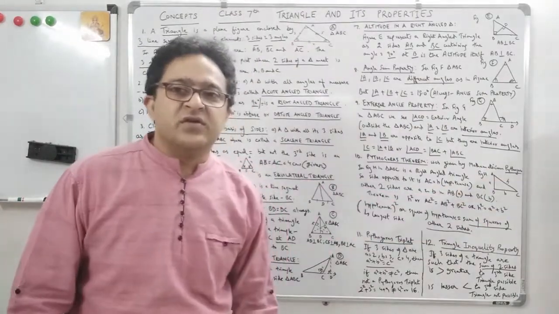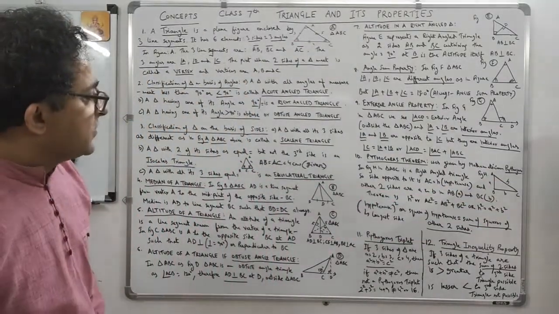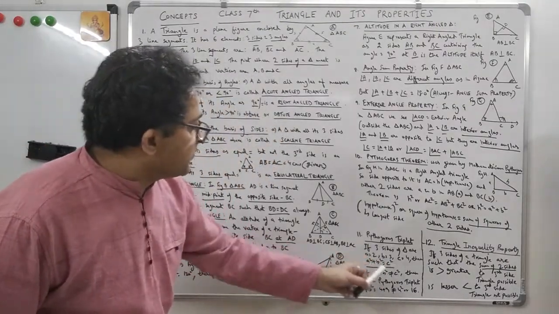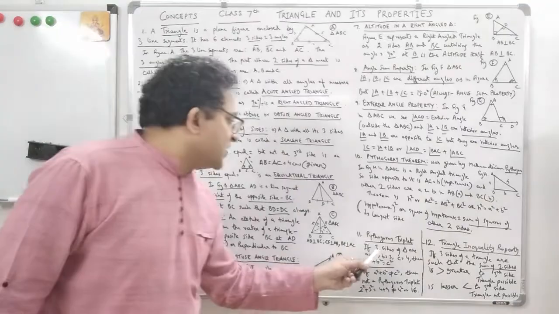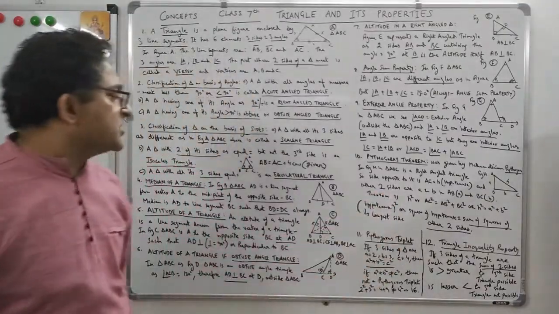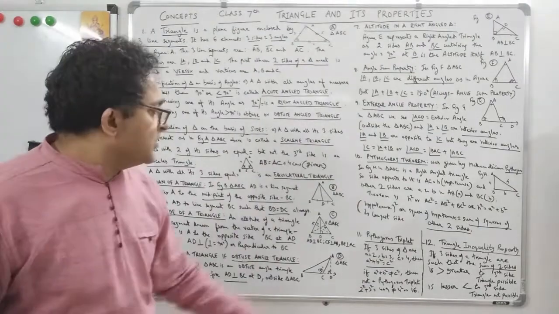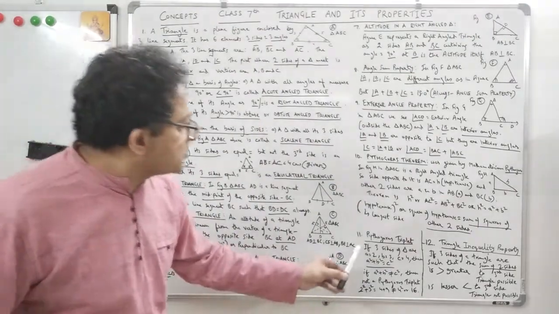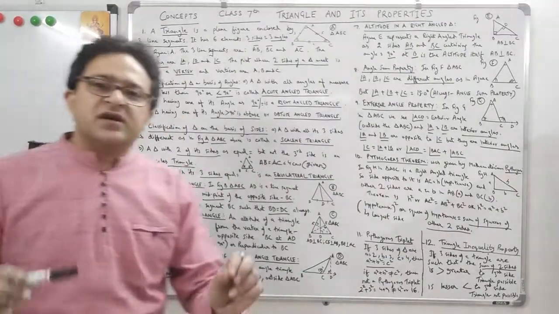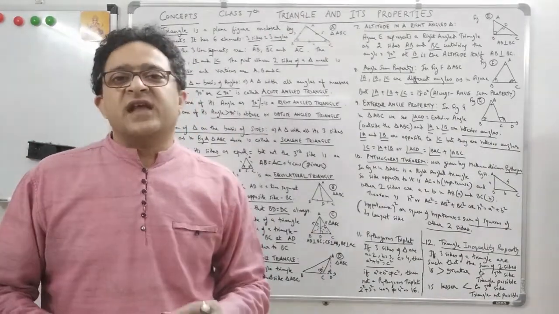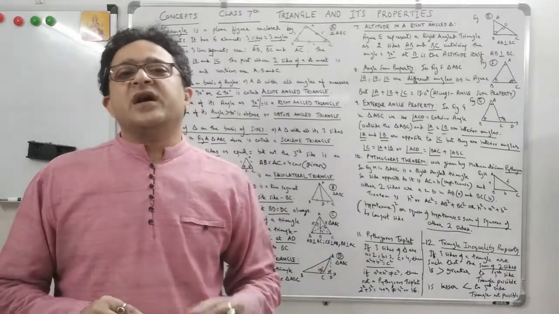Just remember this. Okay. Now we talk about Pythagoras triplet. If three sides of a triangle are A, B, C, suppose A is 2 cm, B is 3 cm and C is 4 cm, then A square plus B square equals C square. Basically it's derived from Pythagoras theorem. If A square plus B square is equal to C square for the sides given in a triangle, then it will be a Pythagoras triplet.